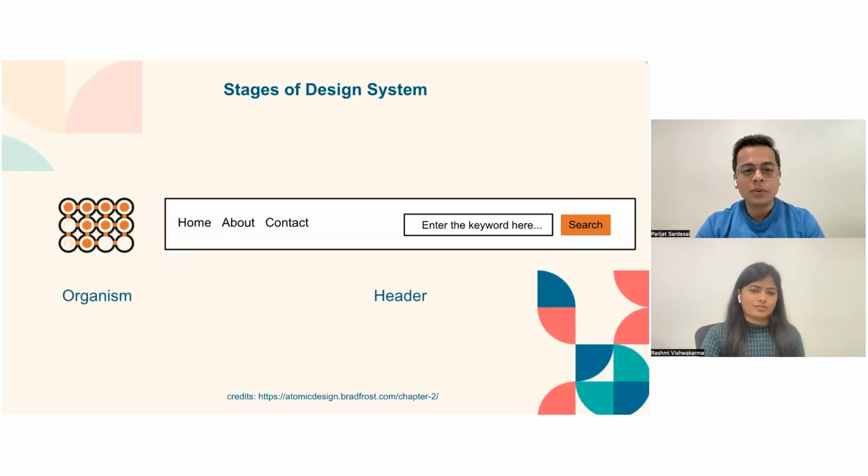So now think about this one. Yeah, so I'm assuming organisms must be relatively complex UI components, composed of groups of molecules and atoms. Actually, these organisms form distinct sections on an interface. Organisms can consist of similar or dissimilar element types. Here you can see a header organism. You might want to consider the header organism like a primary navigation list,